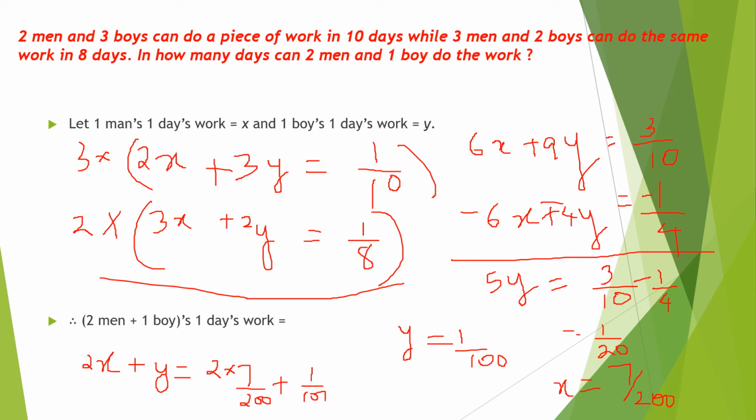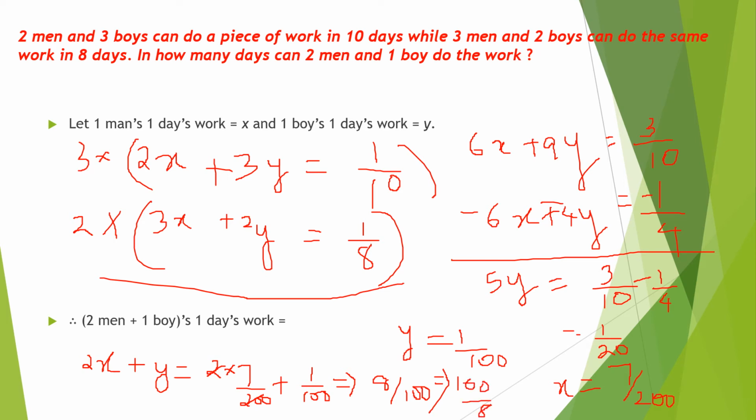So you get the answer as 7 by 100 plus 1 by 100, which is actually 8 by 100. Here, you have to take the reciprocal of the same, right? So the work done will be given by 100 by 8. The work done will be given as 100 by 8,